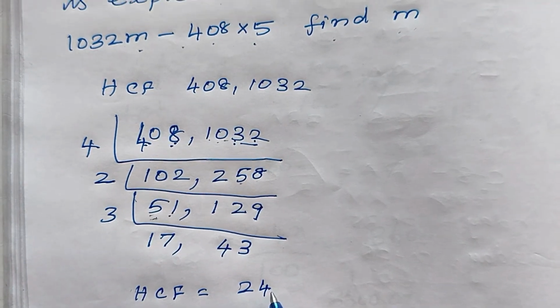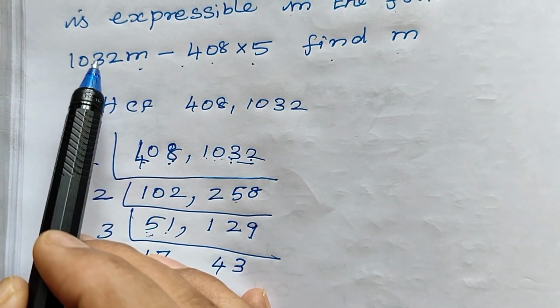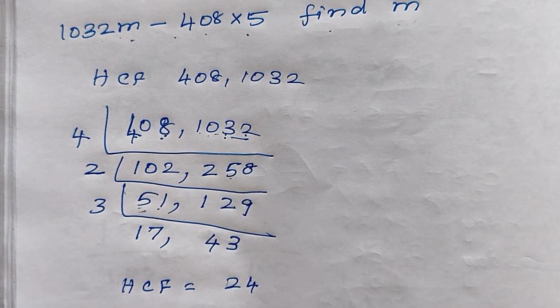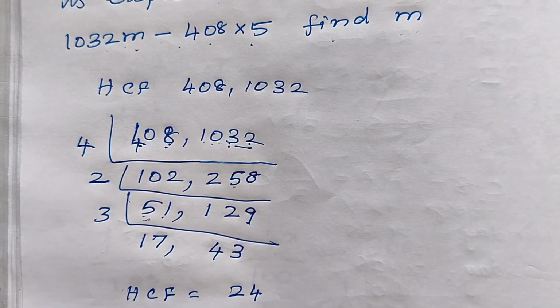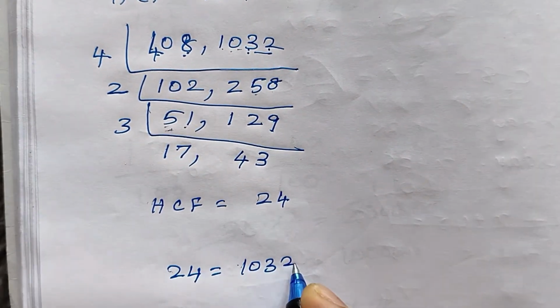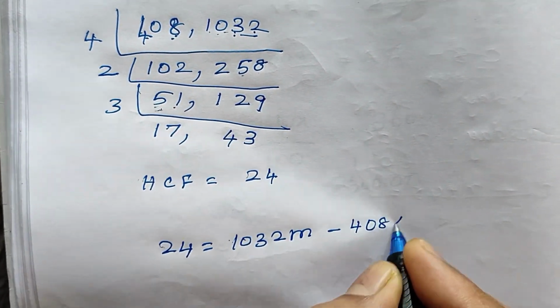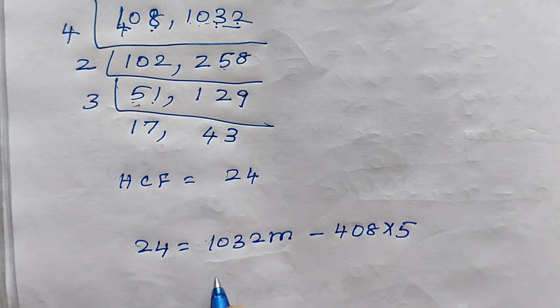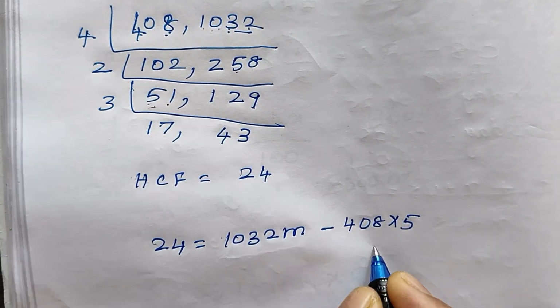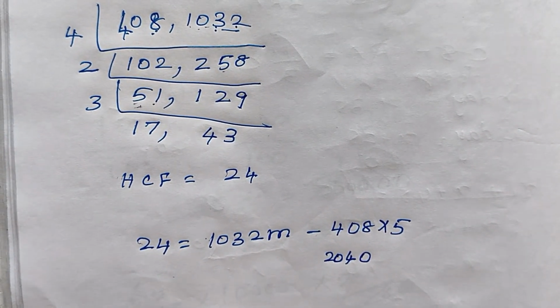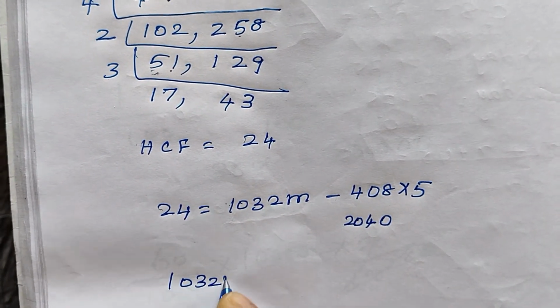Now what is given is the HCF is expressible in the form 1032m minus 408 into 5. So 24 equal to 1032m minus 408 into 5. So now 408 into 5 is 8 5s are 40. Then 4 5s are 20. Bring this one here. So what is 1032m equal to